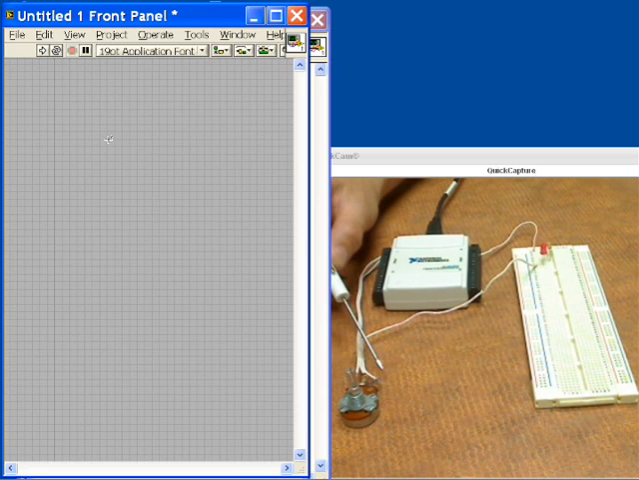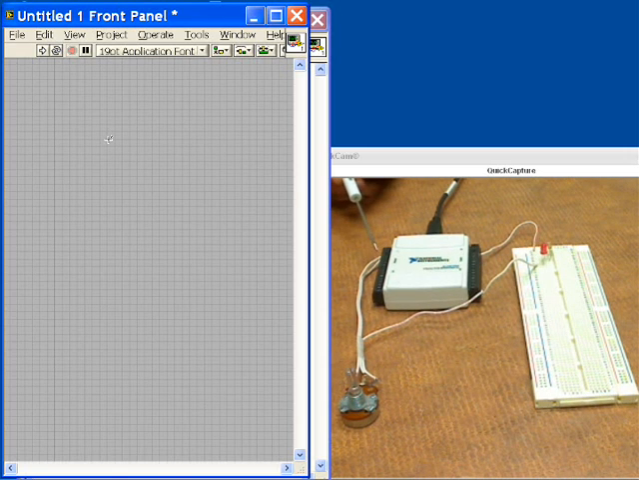Now in between the high and low side I have the potentiometer, and the voltage will vary as I change the position of the potentiometer. That varying voltage will come back to the analog input channel 0, and that's what we're going to read and monitor. So when that voltage goes above a set value, then we're going to light this LED. So now let's go over to LabVIEW, and we'll open up a blank virtual instrument, and we'll start from scratch